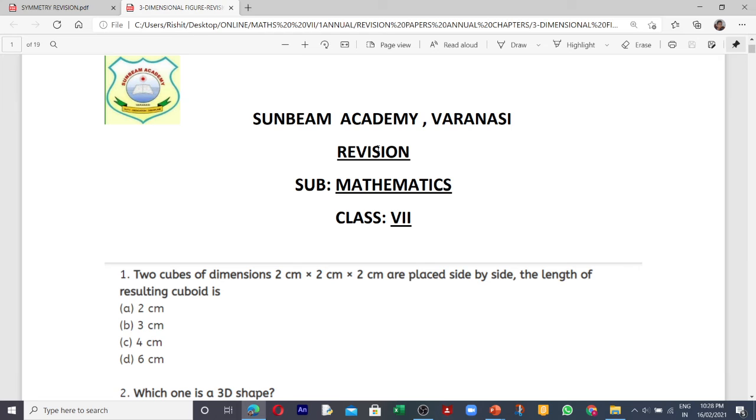This concept is in senior classes children, but you can imagine right now that if you are having two cubes, दो क्यूब हैं, side by side रखो उनको, the cube length is given 2 centimeter. तो वो जब आपने उसको जोड़ दिया ना, when you have combined it, it will be a cuboid now. So उस cuboid की length कितनी होगी? Come on, write down in the chat box. Is it 1A, 1B, 1C or 1D?